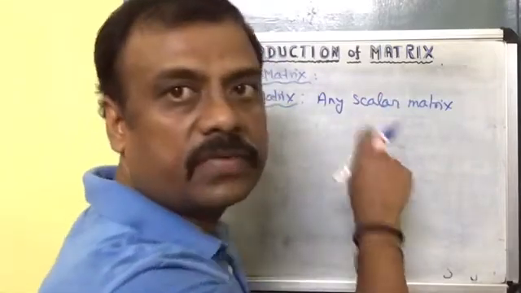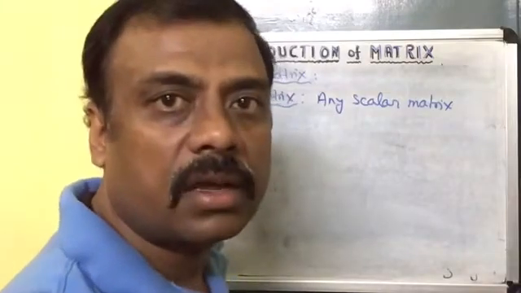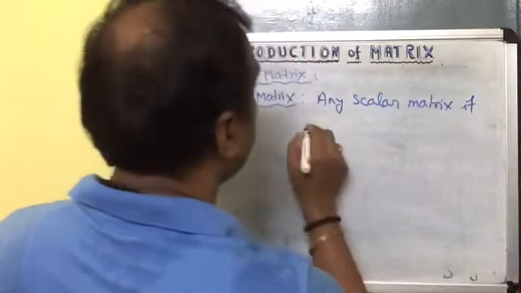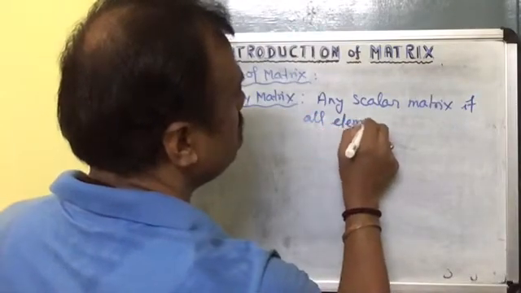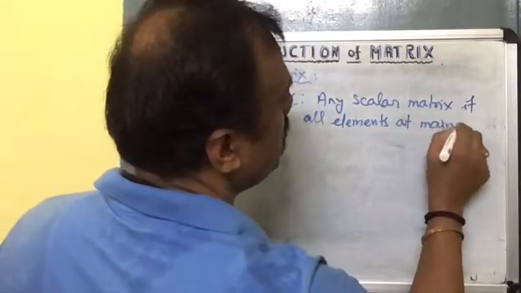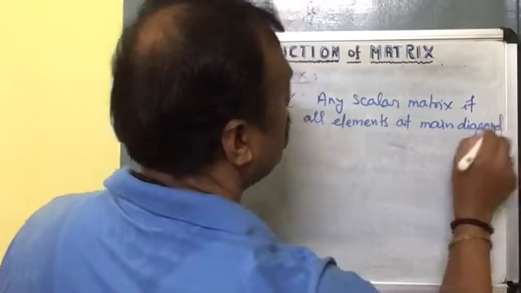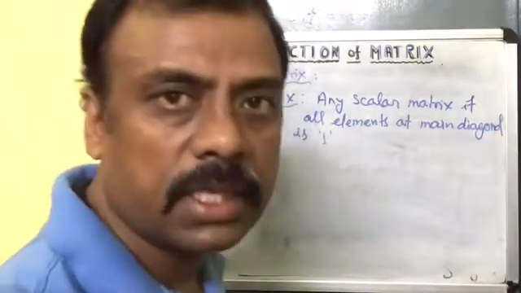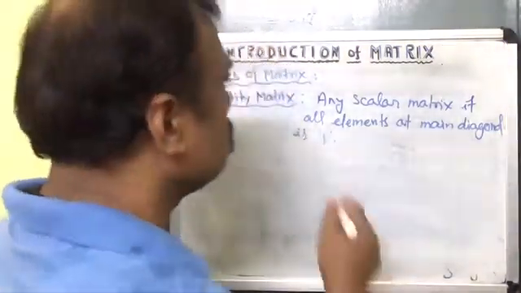And in case of a scalar matrix, all the elements at the main diagonal are the same. Any scalar matrix, if all elements at the main diagonal are 1, already they are same, but here I have taken it must be 1, so it is called